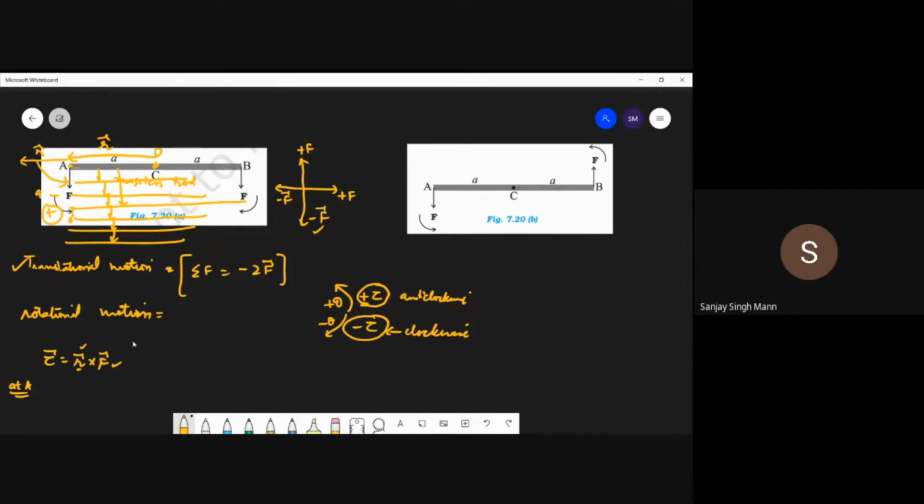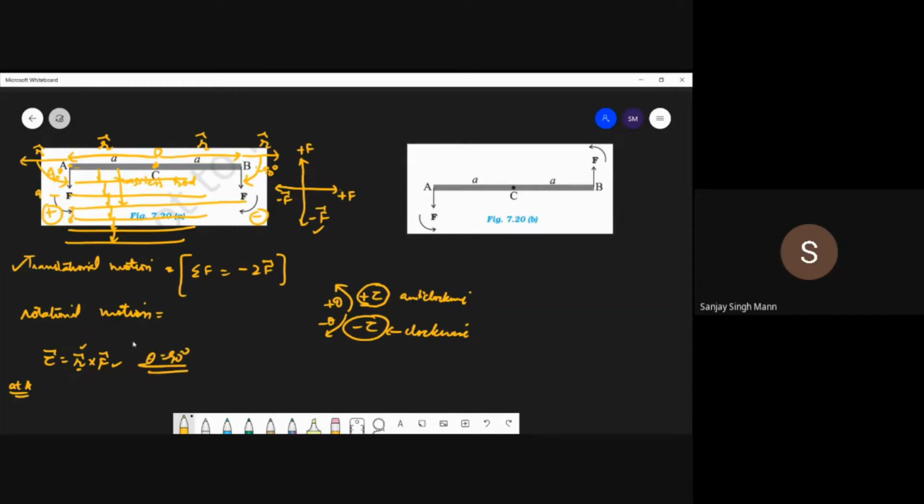And what about this direction now? Where is your R, students, in this case? Starting from the origin and joining to the point of application of the force, this is your R. Now from R cross F, what angle will you have? This is minus theta, negative, and theta is 90 degrees. Here it is plus 90 and here it is minus 90. Only these special cases, where theta is equal to 90 degrees, we will be doing in numericals.